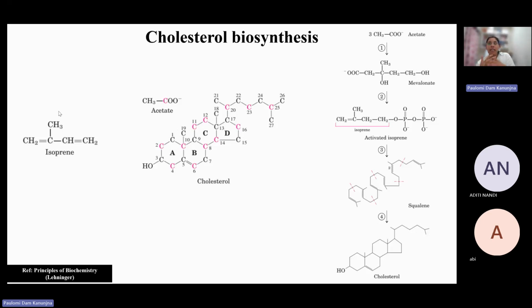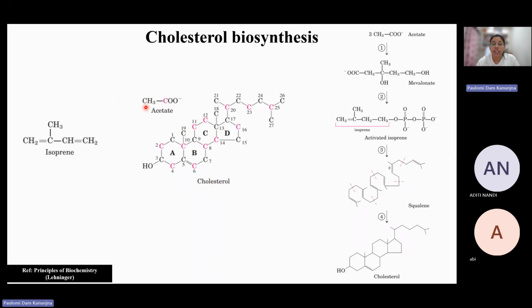So cholesterols are synthesized from acetate, and from the pathway of acetate to cholesterol, isoprene is a very, very important precursor. But however, just remember that acetate is the beginning point for all the cholesterol that you would see. And if you see this structure, it says that acetate is the precursor for cholesterol,